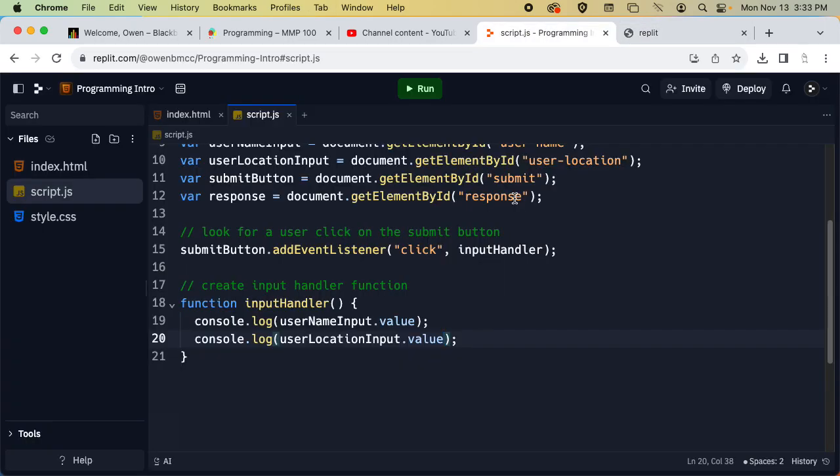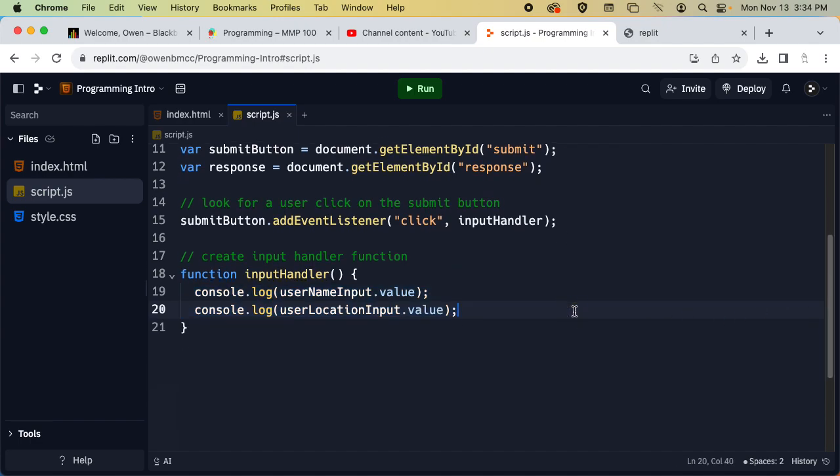So the last thing that we're going to do is take those values and use them to log a response to the user to show that we successfully took their input. So I'm going to make something called a string, which is a series of text, and I'm going to put those values in there. To do this, I'm going to take my response. Remember, my response is that empty paragraph, and I'm going to set the text content of that response. So I'm going to say